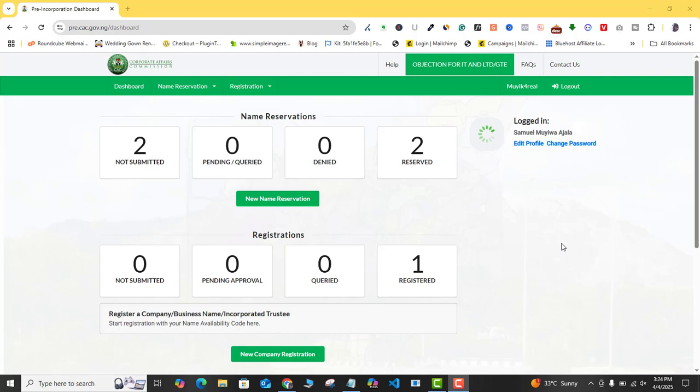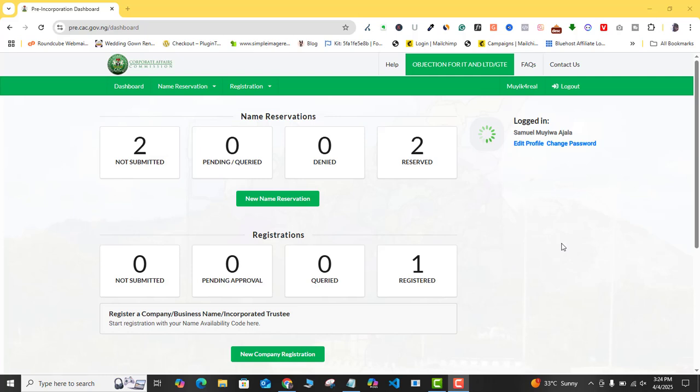You need to know the amount that you are making payment for. So, for example, if you're doing a late commencement, of course, you have to calculate the whole number of days that CAC has charged you for, and you must multiply them by 150 naira. You'll be able to know the exact amount that you need to pay. And if it is branch address that you're making payment for, of course, you know that branch address is about 1,000 naira. So you want to take note of that, or whichever other payment that you want to pay.